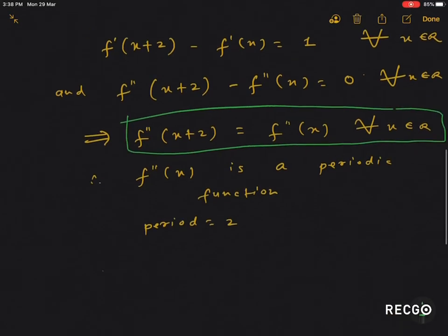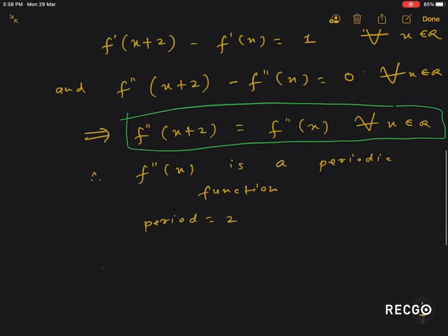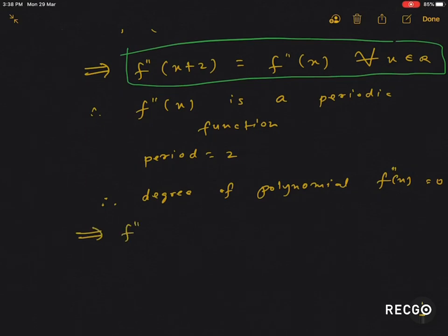Now the only polynomial which is also periodic is what? Guess what? The only polynomial which is also periodic, right? Because a linear polynomial is a straight line, it is not periodic. A quadratic polynomial, as you say, is a parabola. So the only polynomial that is periodic is, in any case, a polynomial of degree 0, right? So it must be a constant function, because f''(x) equal to a constant is a polynomial of degree 0, which is also periodic, although its fundamental period is not defined, but it is periodic, right?